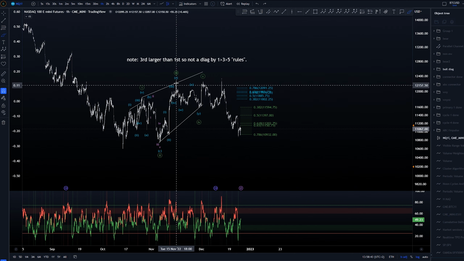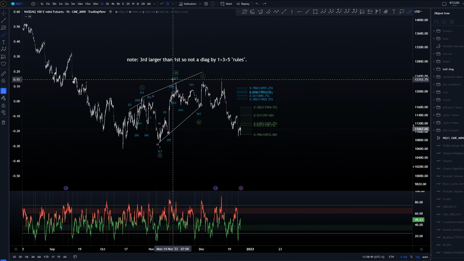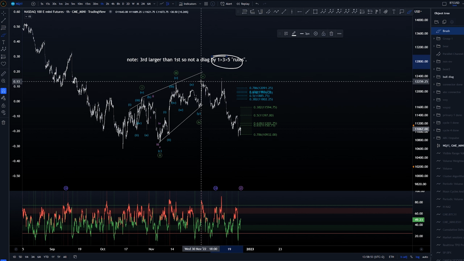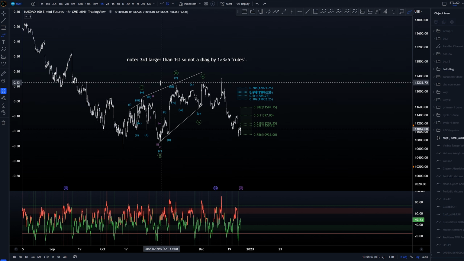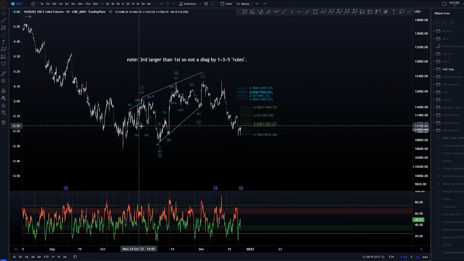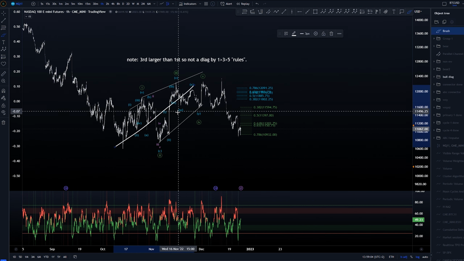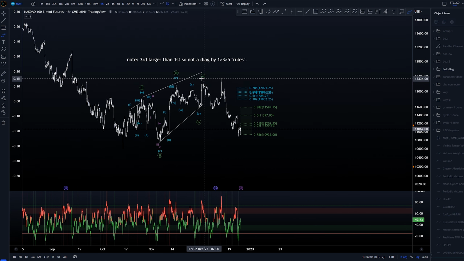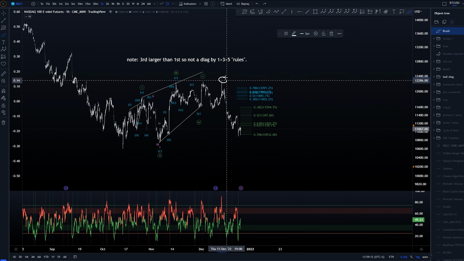More often than not, it is in much lower time frames that we can see this kind of extension happening on the third. Generally, we would want to see this as a rule and not just a guideline, where wave 1 would be the largest. Of course, if we break these, we can confirm that this was an ending of something. And at this point, if we have this 5-way structure, we end it at these highs of 12.24k and not these highs here,